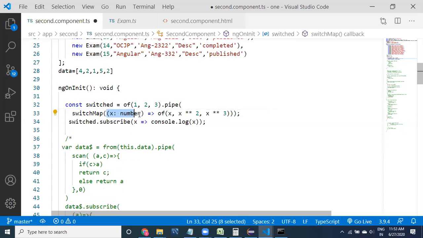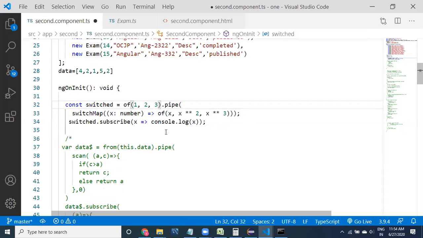Each value is passed in, and for x it generates multiple values. How is it generating? Every time it takes x and then x power of 2, and if you want to provide another value for every value, you can provide multiple values for every value.